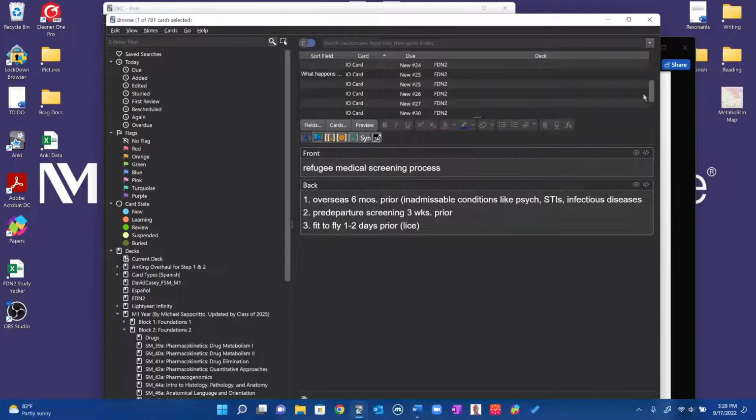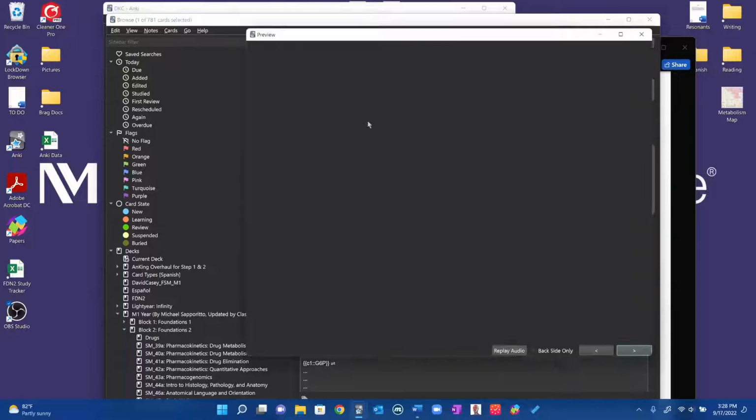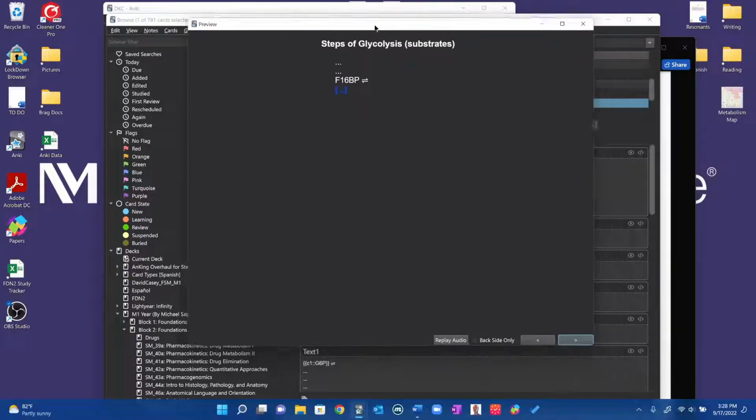Okay, yep, here they are. So they're a different card type than everything else, which kind of makes it so it's these cloze overlapping. And so let's go ahead and preview. Right, so it gives this kind of cloze where it's telling you there's a list. And so if I go to the next one, they're out of order right now. So until you actually review, the list function won't work as well, but you want to preview it just to see,